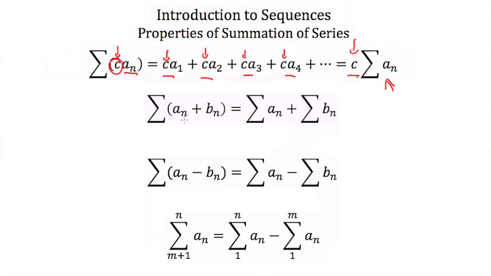Now, if you're taking the summation of two sequences, you can always find the summation of the first sequence and then add it to the summation of the second one. Same thing works for subtraction. You can always just subtract your two summations. Now this last property,